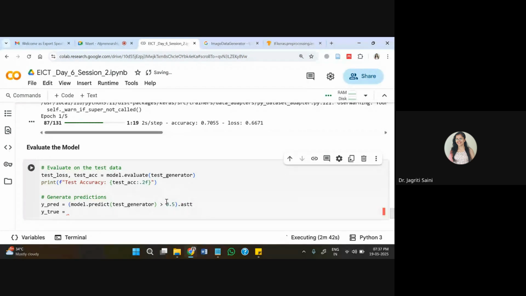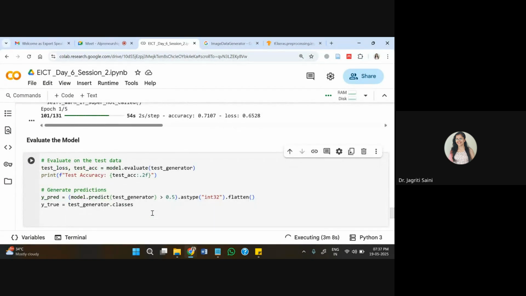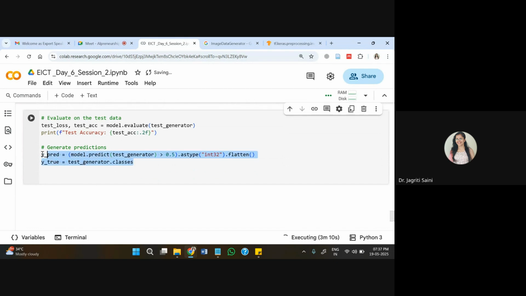And as type, I'll pass here, that will be in the form of int32, because once it is generated into the sequence, we'll need only integer 0 and 1 for the binary classes, and then I'm using the flatten function, so that the final outcome I can find either from class 0 or class 1. Then the test generator I'm using on specific classes here. So this will create both comparative sections of the generated predictions as well as the actual target that we have within the test generator folder.